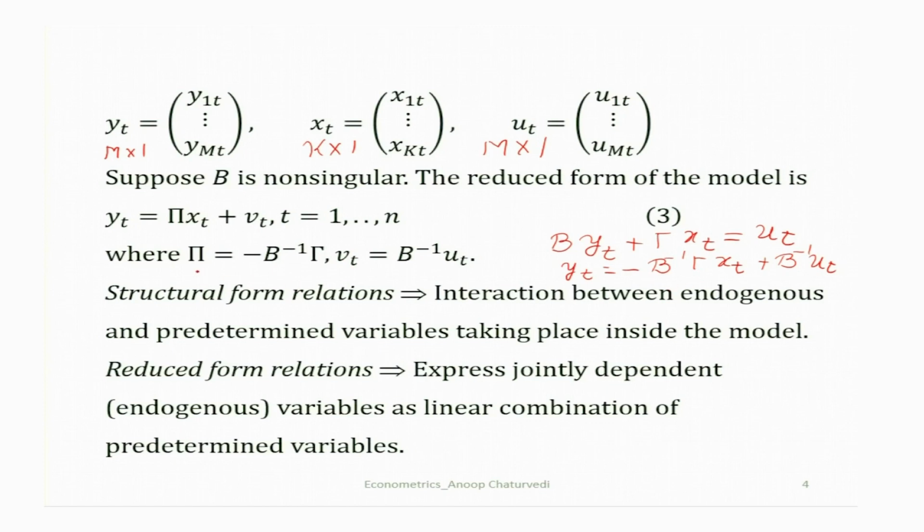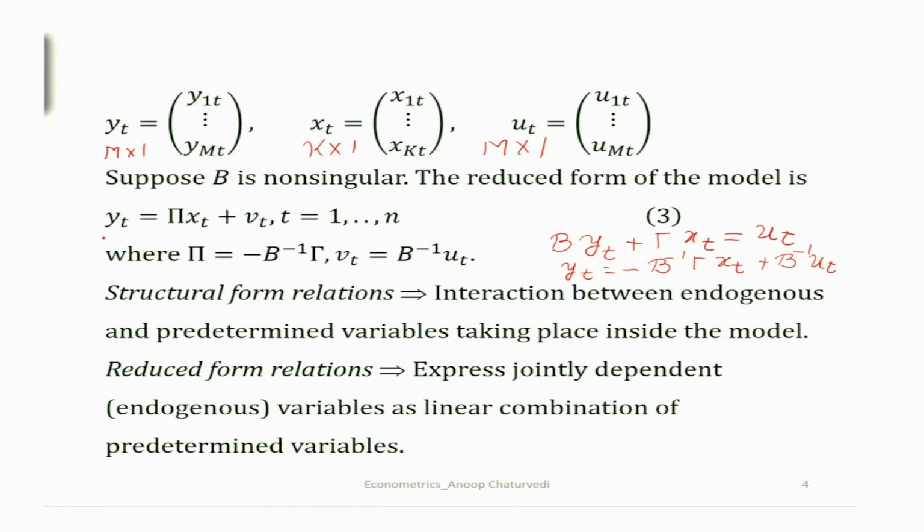So, in terms of pi, we also define V t equal to B inverse u t. So, in terms of pi and V t, we can write the model as y t equal to pi x t plus V t, t equal to 1 to n. Now, this is the reduced form of the model,